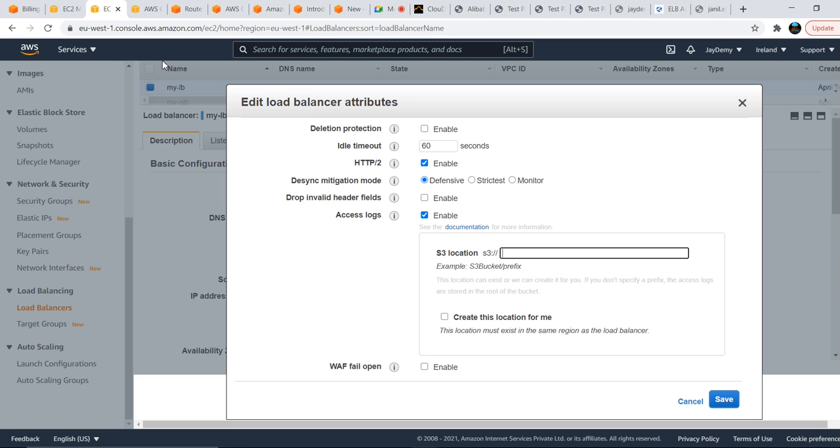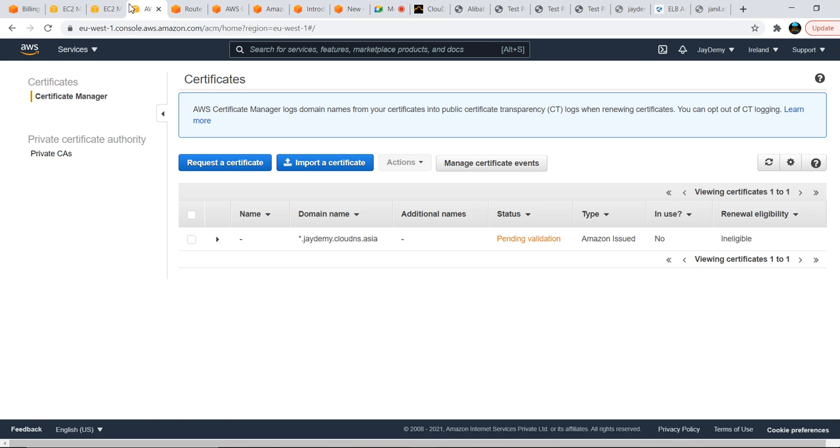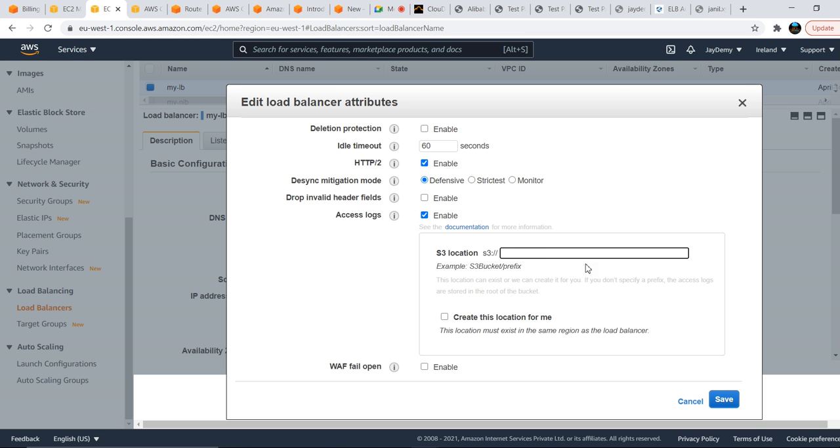But how will you validate, or how will you access the logs: how many errors we got, what the errors are, what the request time is? With the help of these logs you will get that. For that, if you have any S3 bucket, you just give it and upload the bucket policy for that S3 bucket, and it will send the logs to that ELB.